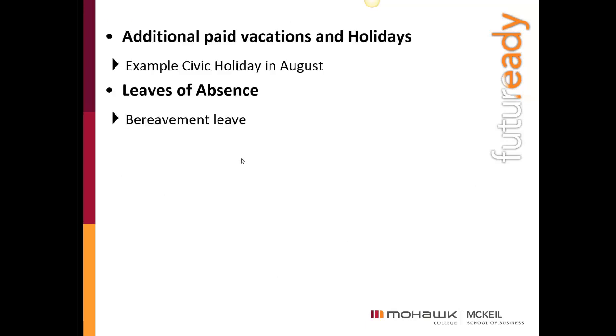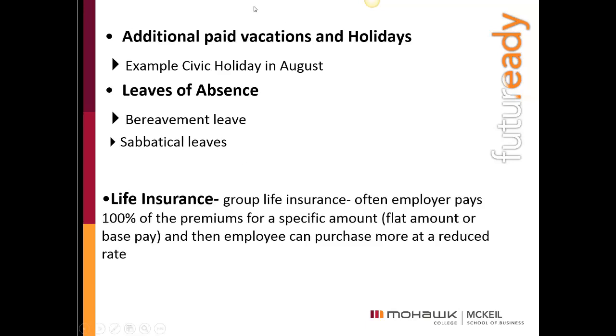So long-term disability is another benefit that companies would offer if your short-term plan, if they have one at all, expires. You can get additional paid vacations and holidays as we have here, your Civic holiday in August, for example. There's Boxing Day, New Year's Day, Christmas Day, all kinds of paid vacation days. And you also have leaves of absence, which is a benefit for bereavement leave and sabbatical leaves. And again, bereavement is something that companies offer. If a parent, a child, an aunt or uncle dies, they usually have a specific policy in place